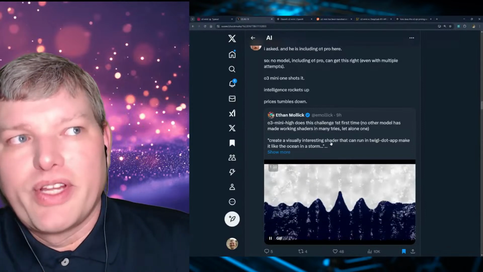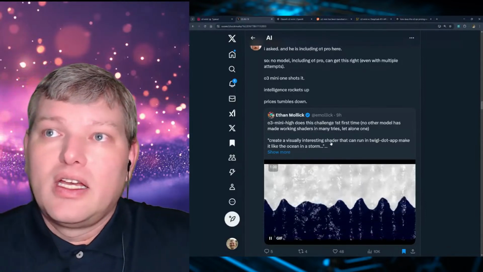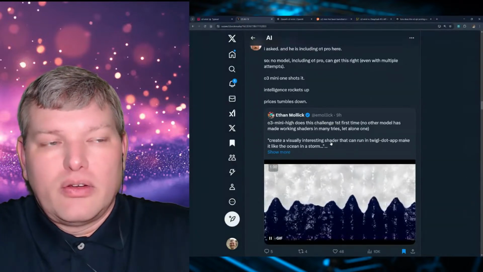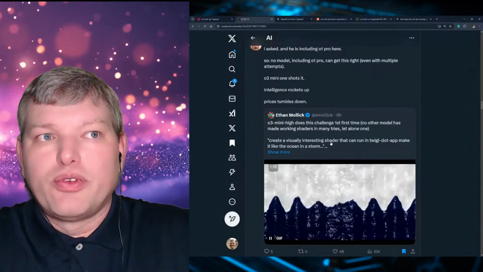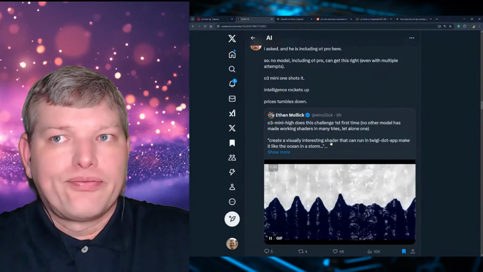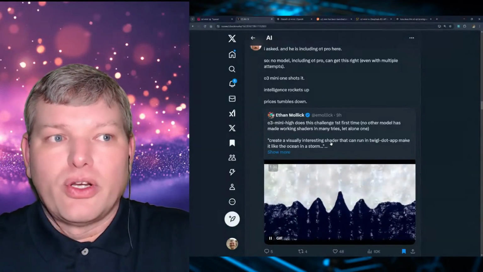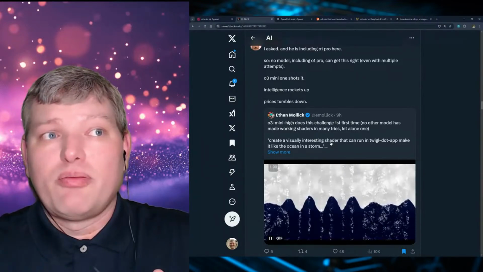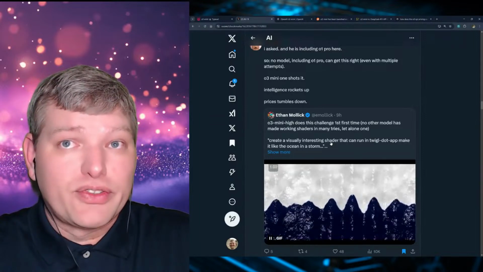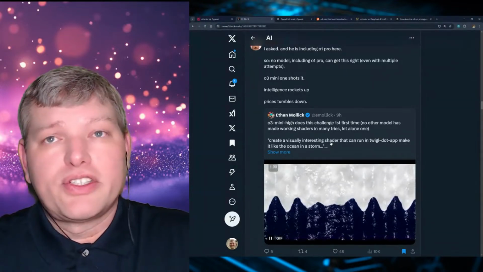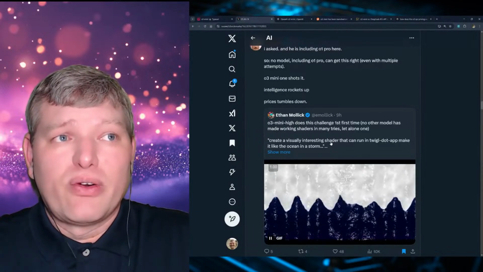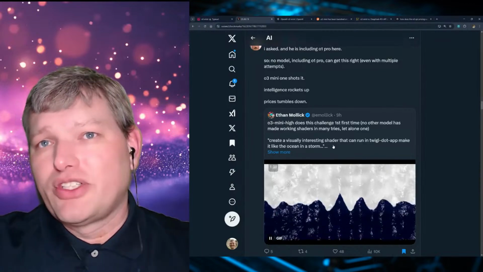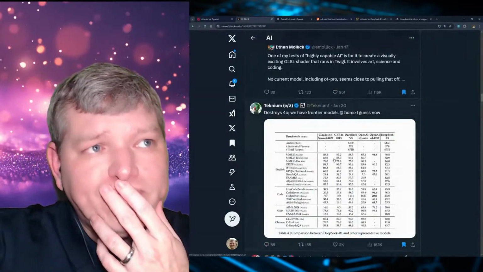But the example he shared with us using o3-mini High, leveraging this Twigl dot app to make use of shaders. He's tried this before and it's not ever worked. The result has not been good, but the result came out very high quality this time and really useful. And this has not been possible with any of the previous models from OpenAI or the other competitors. And Ethan tends to get access to the better things earlier on because he is so well known in the space and has such great ways of demonstrating the technology and testing it out.